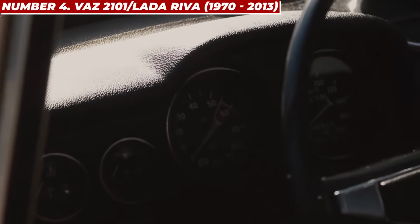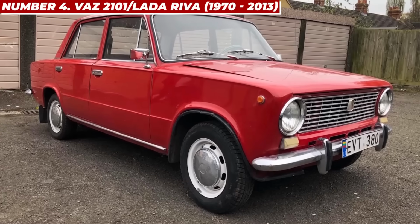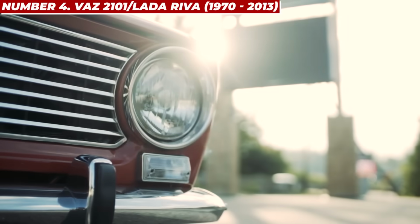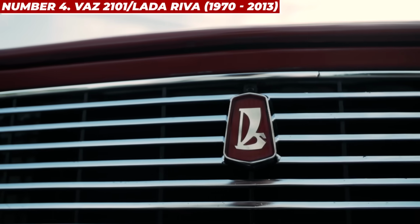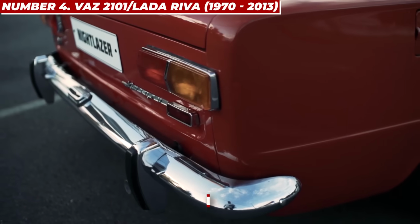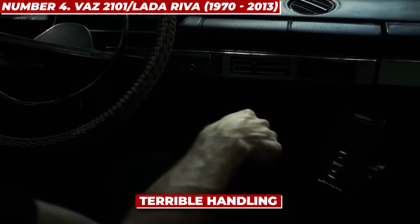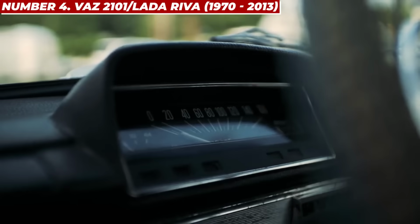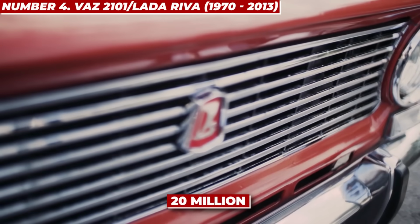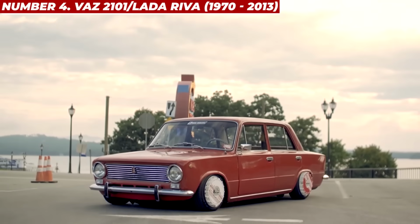The Lada combined the worst aspects of 1960s Italian engineering with Soviet manufacturing quality, creating vehicles that were outdated when new and bordered on dangerous after a few years of use. Top Gear's Jeremy Clarkson famously called it the worst car in the world, noting its terrible handling, pathetic performance, and tendency to rust almost immediately. Despite these glaring flaws, over 20 million were produced, making it one of the most numerically successful cars on our